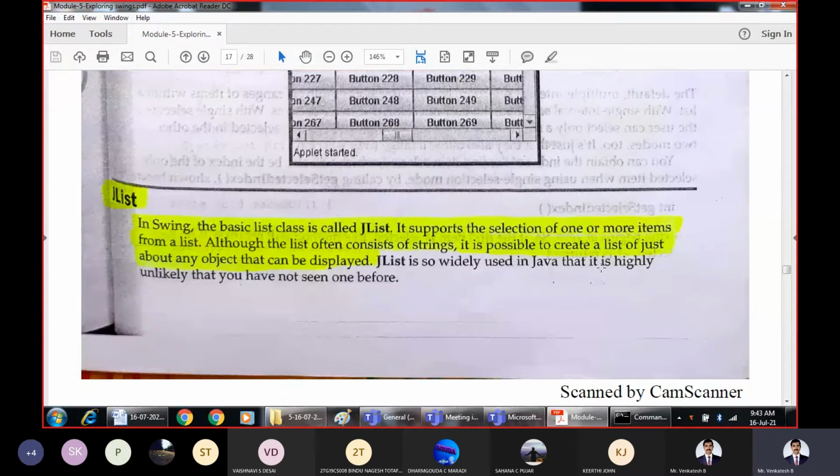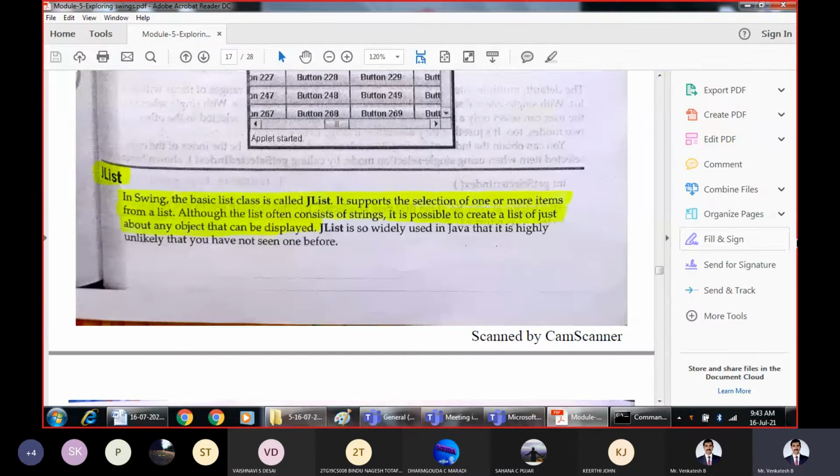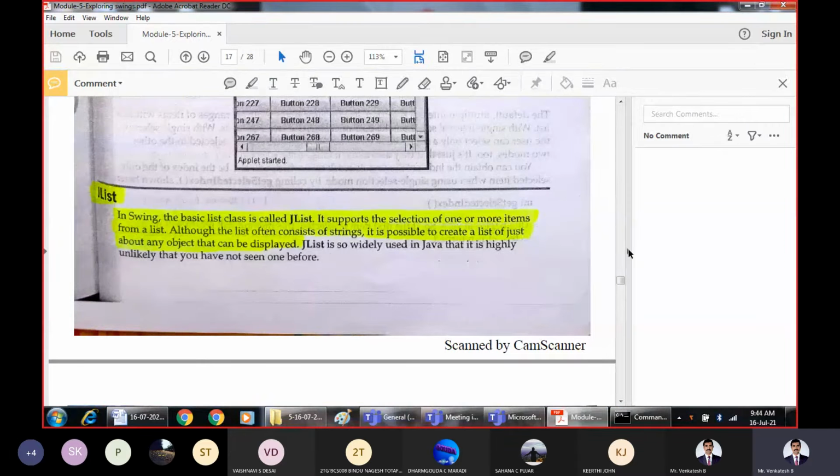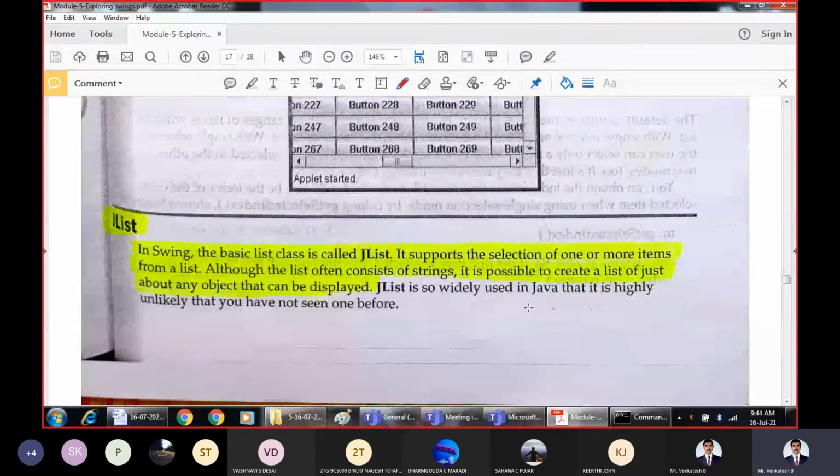Now we have one more entity called JList. It is a swing class which is responsible for creating a list of items, which will provide the graphical user interface in such a way that a list of items will be displayed to the user and the user will be allowed or asked to select some item or items from the given list.